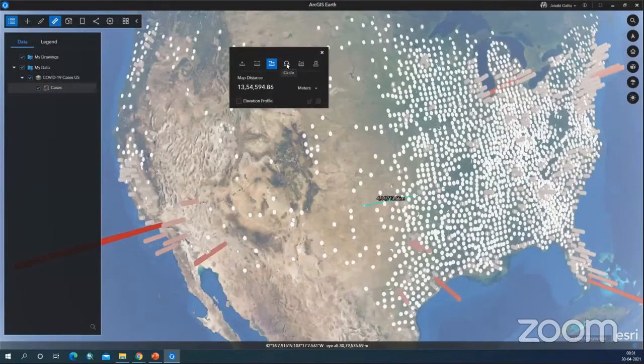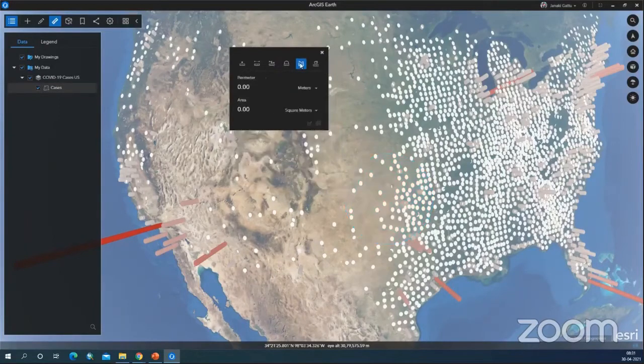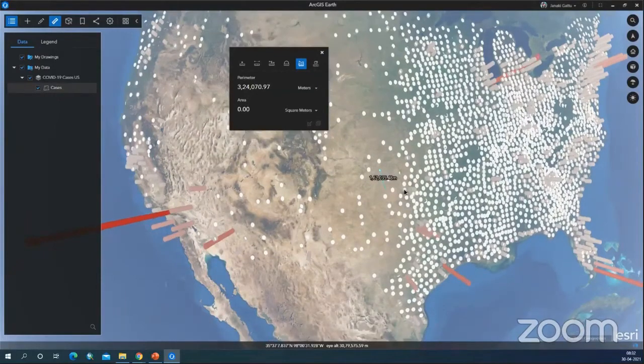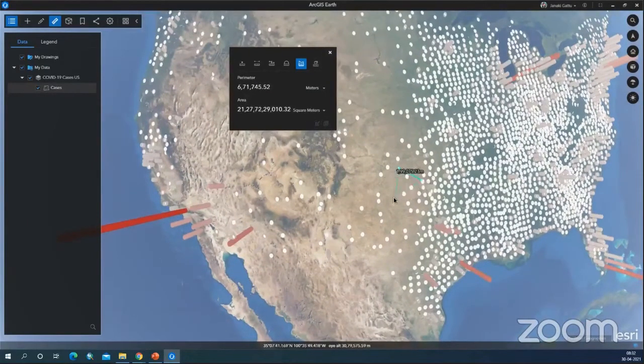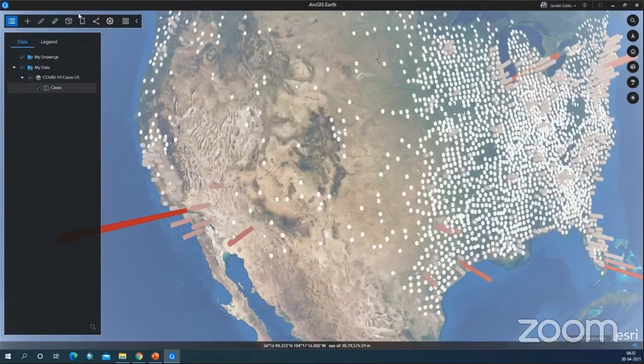And you have the circle, if you want to take a circle, yes, you can take it with the radius like you have here. And you can measure the perimeter and area of a polygon. If you are able to draw, you can measure the perimeter and area of this location. And in a similar way, you have interactive analysis. If you want to see the elevation profile, or the line of sight and viewshed of a particular feature, you can see that.